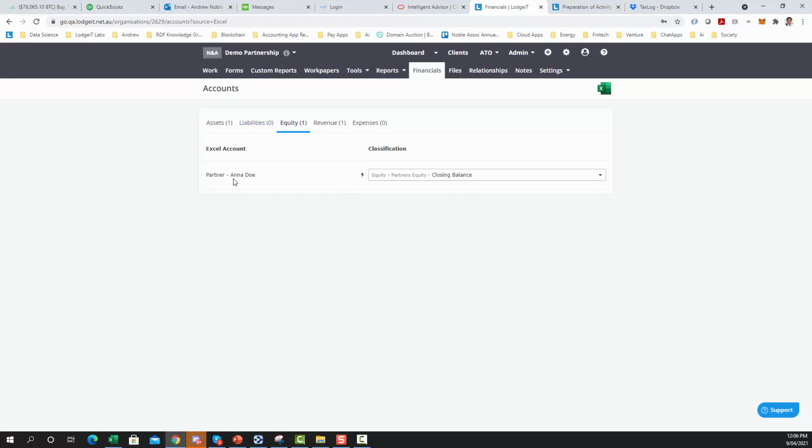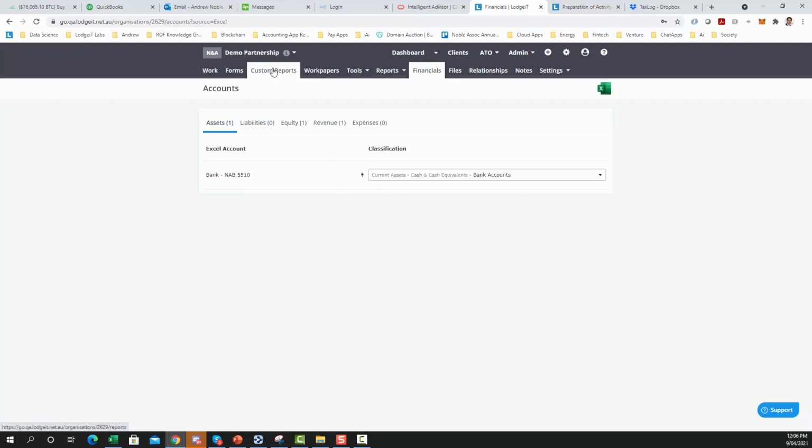Typically we would have two partners here, but you can see in this case we're simply reflecting the closing balance of that account, of the partner's account. It's a closing balance. There's nothing else to say about it except that we know it's a closing balance here, and therefore we're going to have to reflect the values for capital introduced, share of profit, and drawings